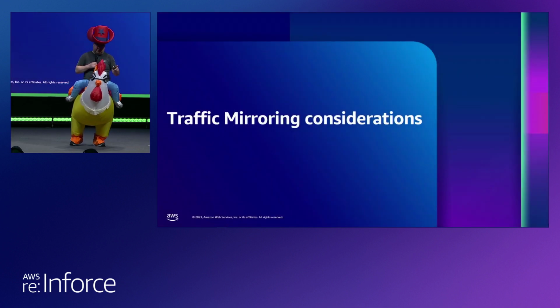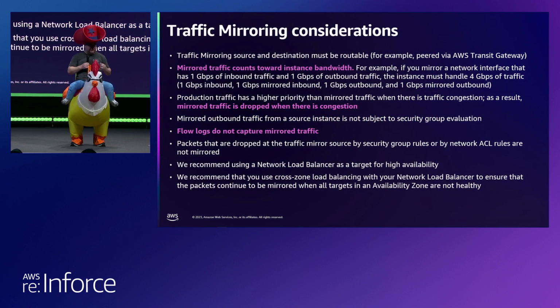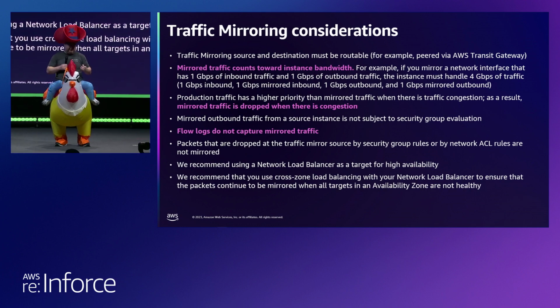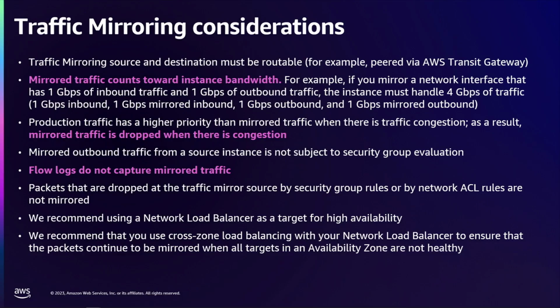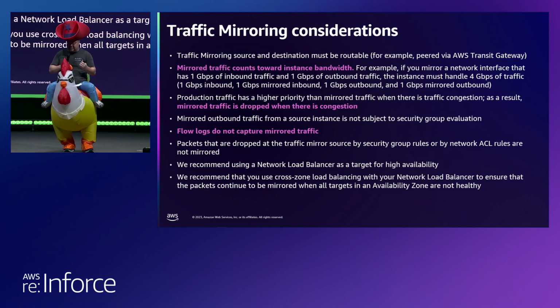So there's a couple of things to think about. Just like you would have to consider this for any type of on-prem packet broker, right? There's a sizing consideration when you're on-prem, and your sales people show up and are like, you need the largest packet broker we sell with as many 10 gajillion gigabit per second ports, and you go, yeah, that's exactly what I need. Traffic mirroring is kind of the same, right? The biggest consideration is that